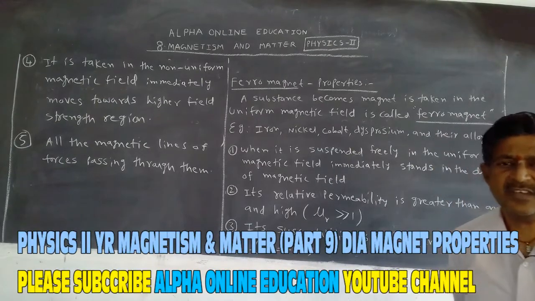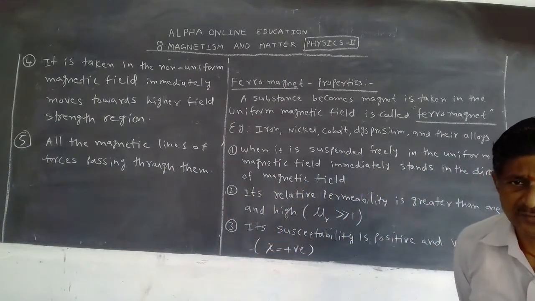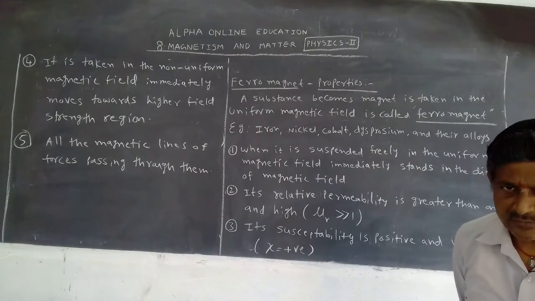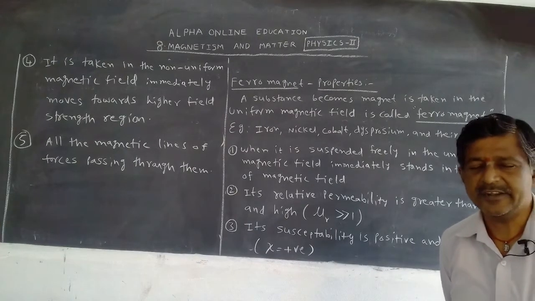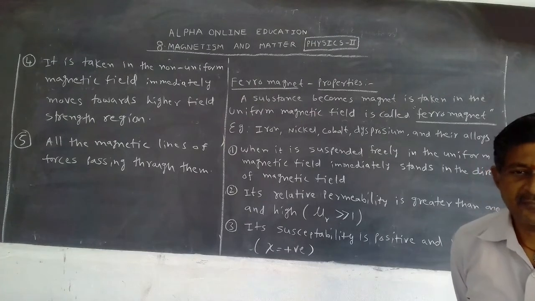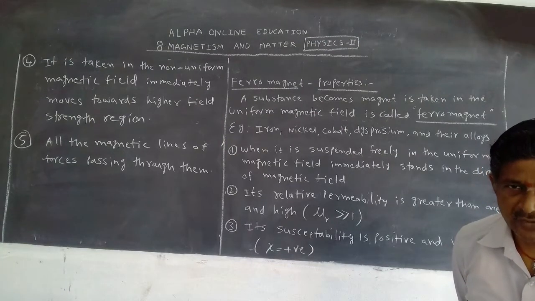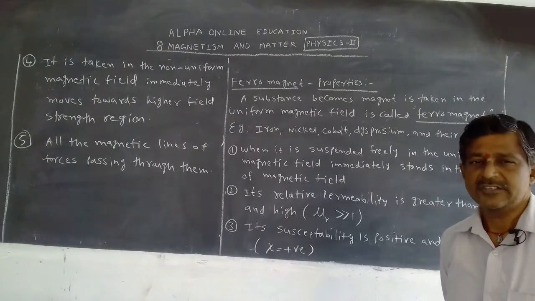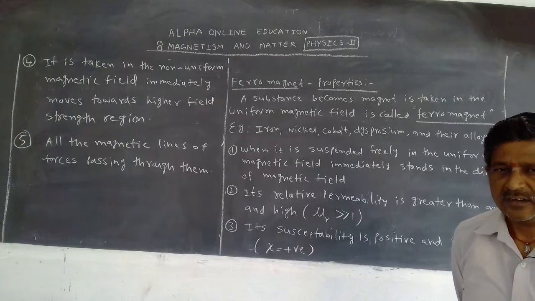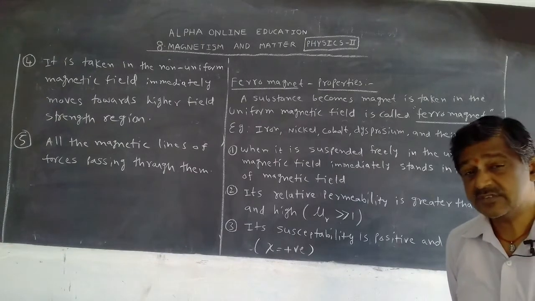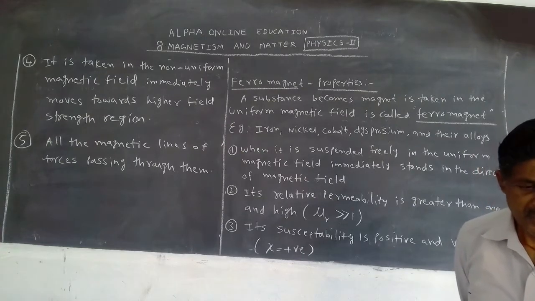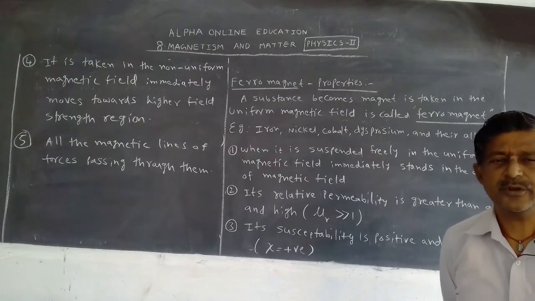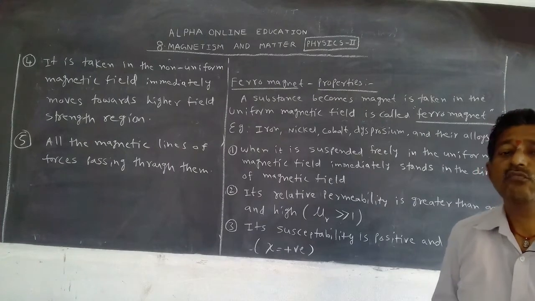This is a very important question in this chapter for 4 marks. Otherwise, examples are given to us and they ask the question: identify which are para, which are ferro and which are dia. This question we have got 5-6 times in the examination for 2 marks. Anyhow, this topic is very important in this chapter for 4 marks.